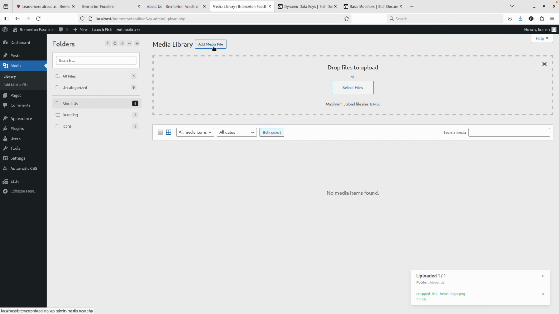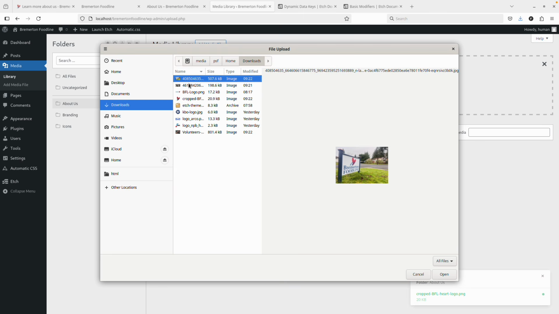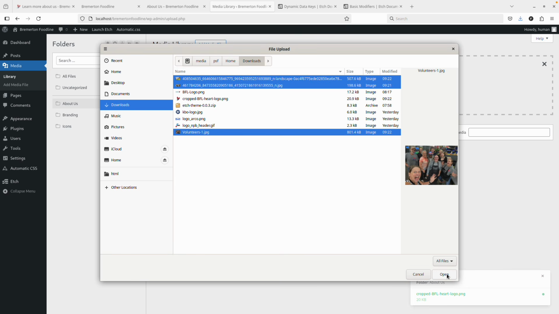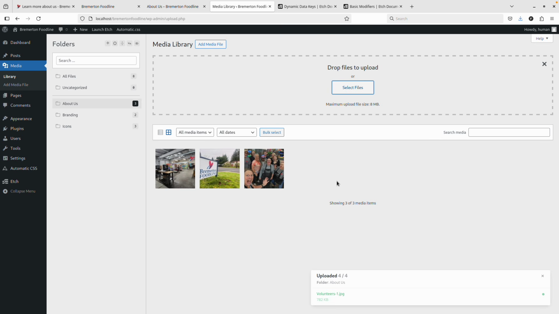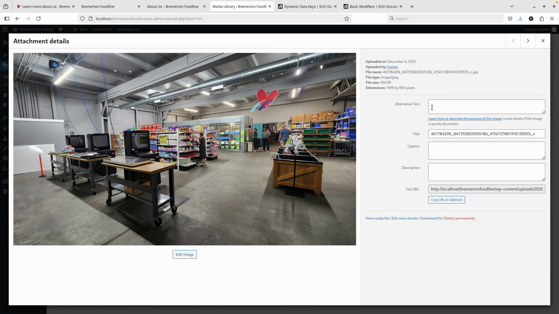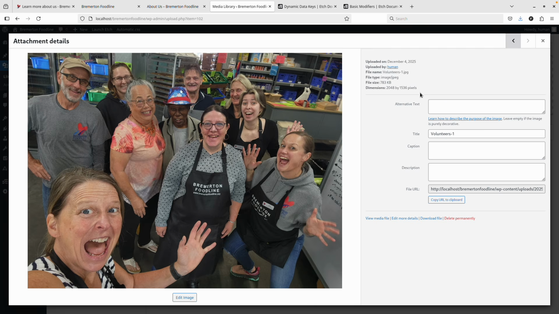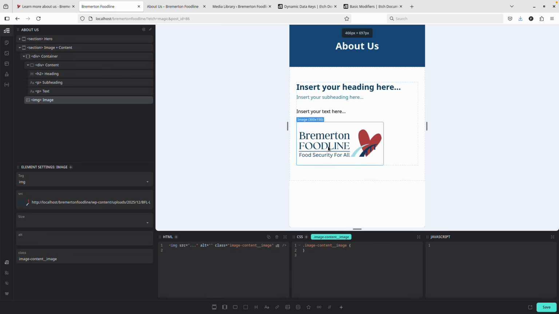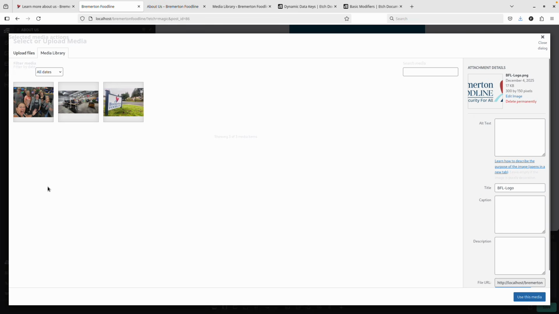So we'll add this one, and volunteers one. There we go. We would also enter alt text, but I'm not going to make you watch that. But you can just alt enter and go through them like that. And now we have images to work with. Let's change this to